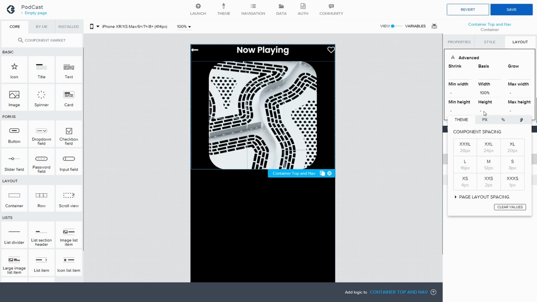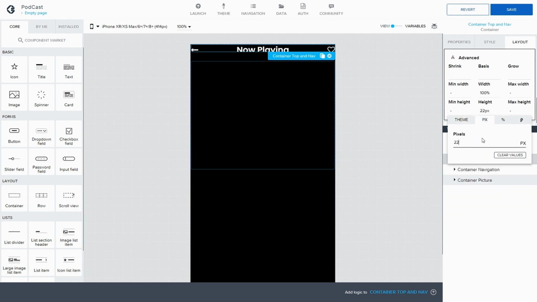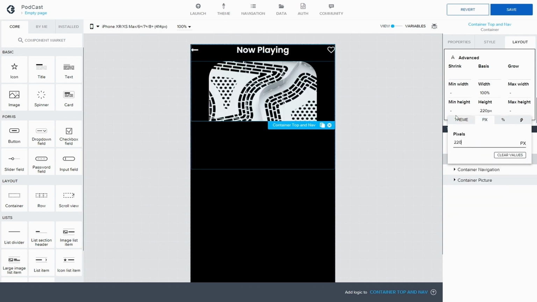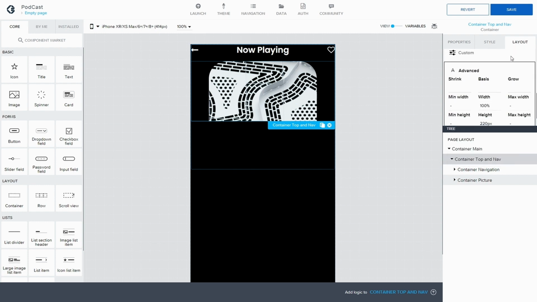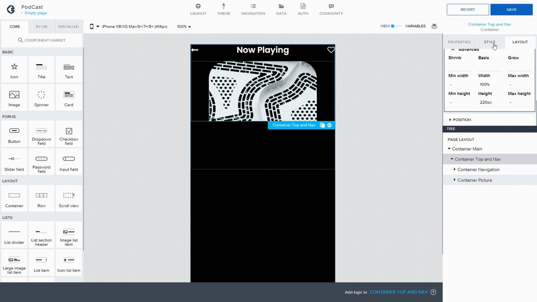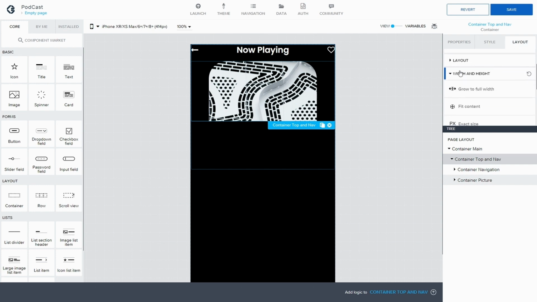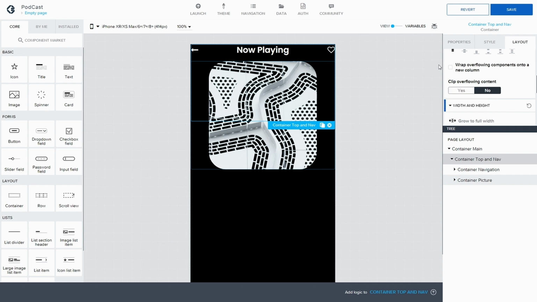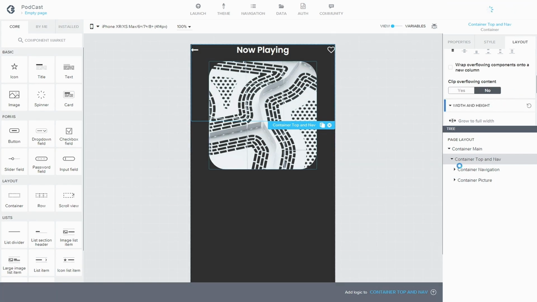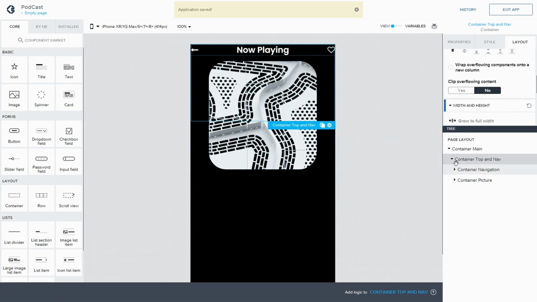And then the height will be in pixels to 20. You can see it disappears now, but we can fix this by going to layout and then no, which then nicely runs it over, which is great. So now we actually have the